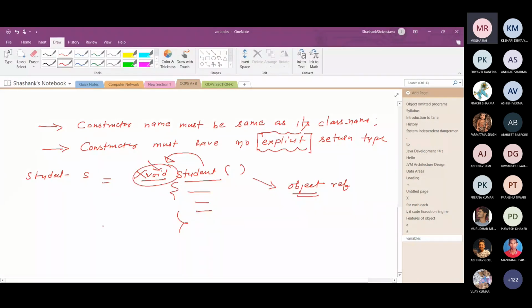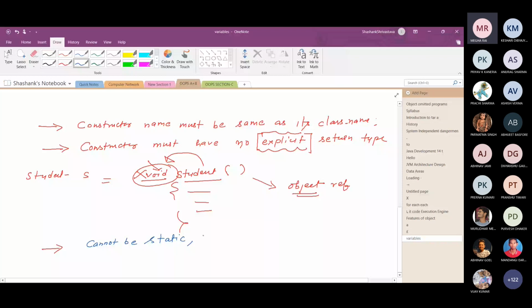And the third rule is that a Java constructor cannot be static. It cannot be final.